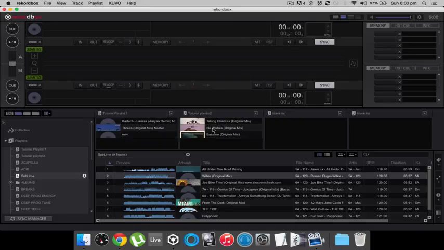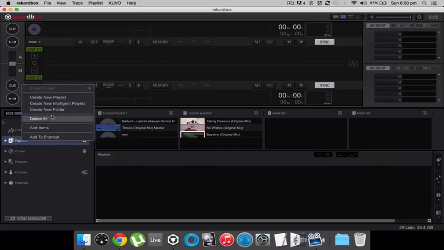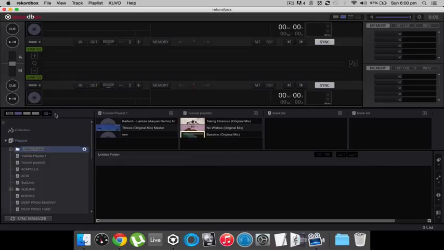Cool. So now we have two playlists. What I did want to talk to you about before we get anywhere else is a folder. So on the playlist, right click and you can create new folder. So what the folder does is it can hold